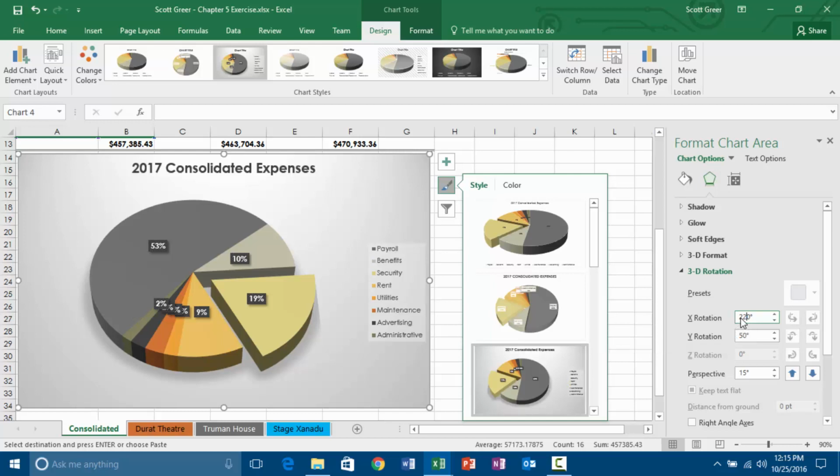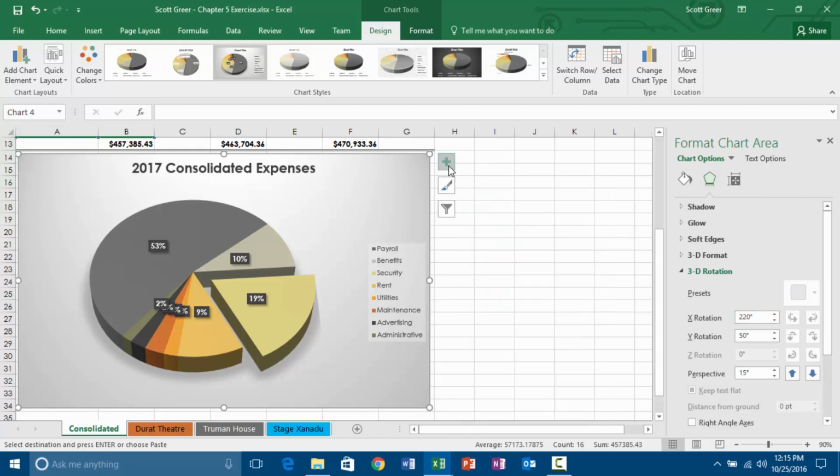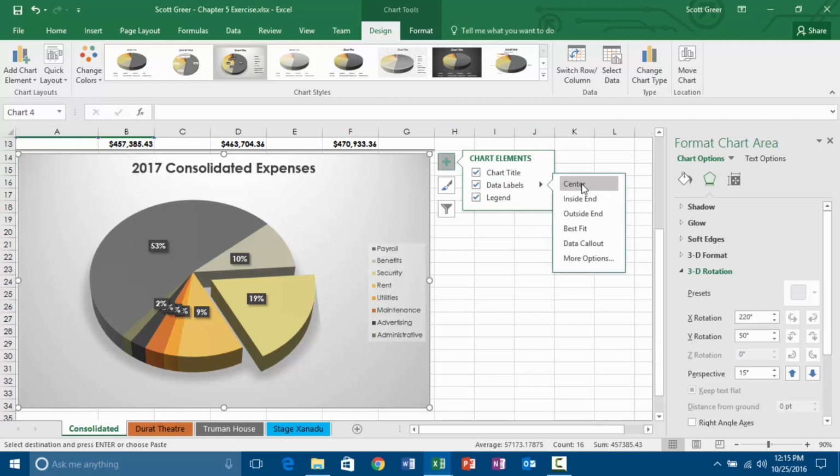One of the things that I don't like about this so far is that I need to format these data labels. They don't look great because they're all kind of together. So I want to get them out so I can read what the percentages are. So I'm going to go ahead and jump into this section right up here where it says chart elements. I have data labels. That's great. If I go down to the data labels, I get this section that pops out here. And I can say that instead of having them where they are, I want to go to more options. So in the more options,